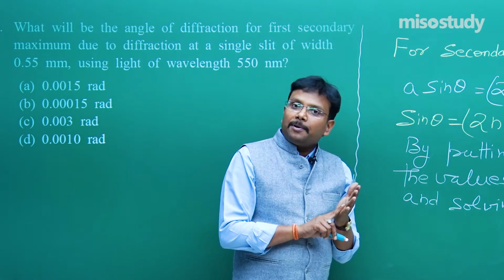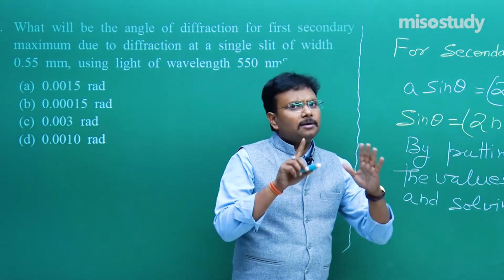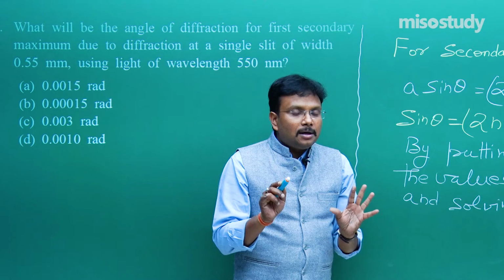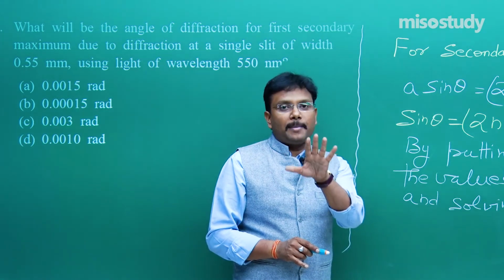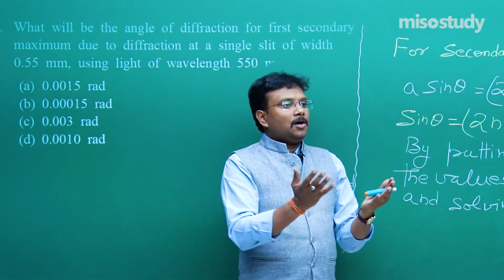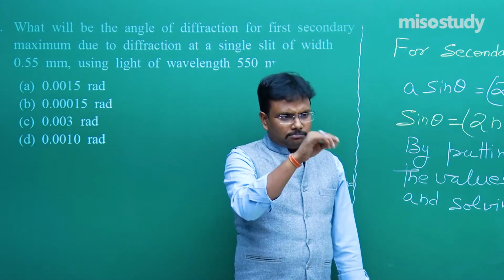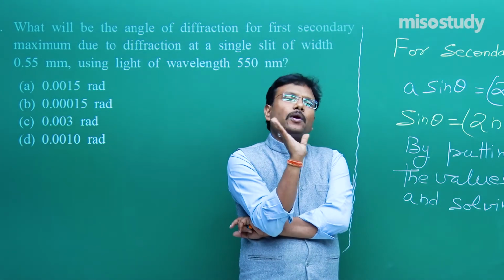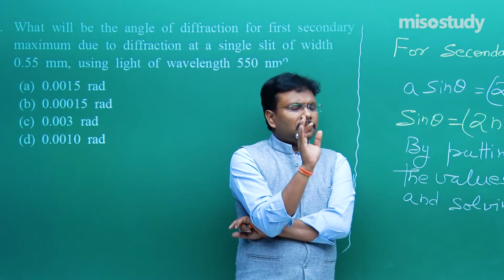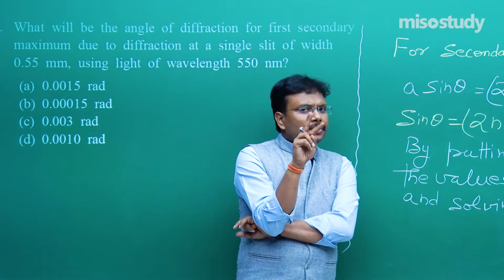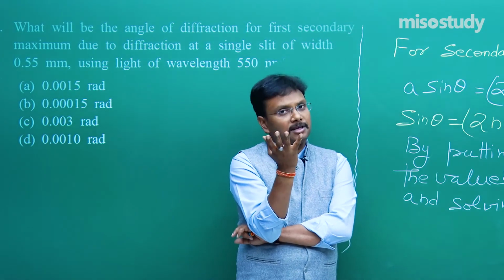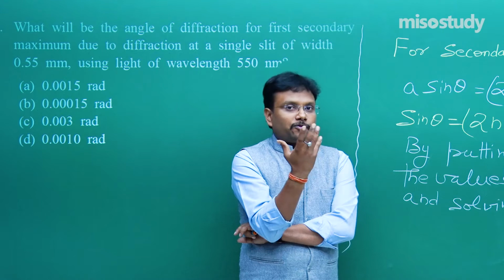In your wave optics chapter, YDSE, diffraction, that is interference and diffraction, is important. Please practice properly the formulae and conditions for maxima and minima. When you are practicing, my suggestion is to use some rough paper, fine, and draw the diagrams once or twice so that you can visualize them just by closing your eyes. Okay, this is one slit, then there are two slits, and then light rays go to the screen and patterns are visible, something like that, YDSE, Young's double slit experiment. So this is the best approach for this chapter, fine,